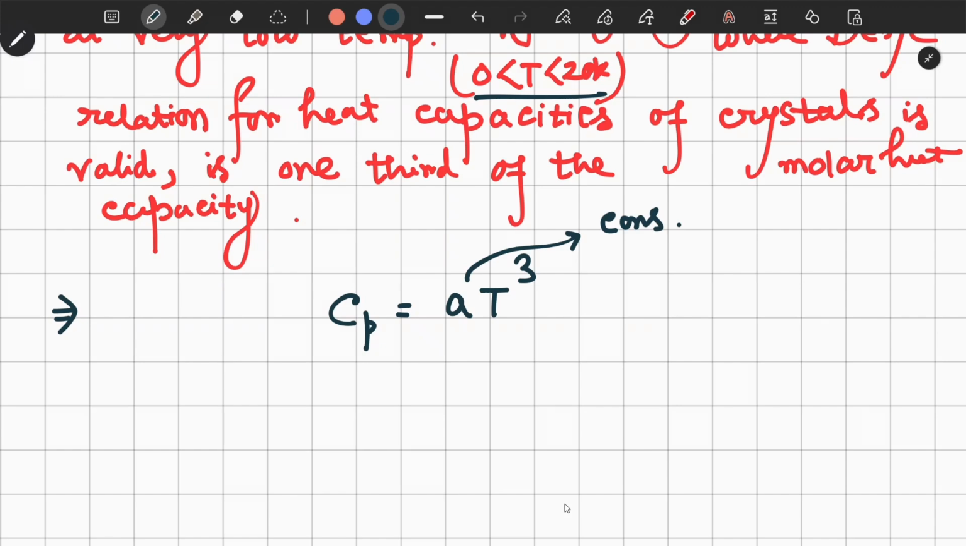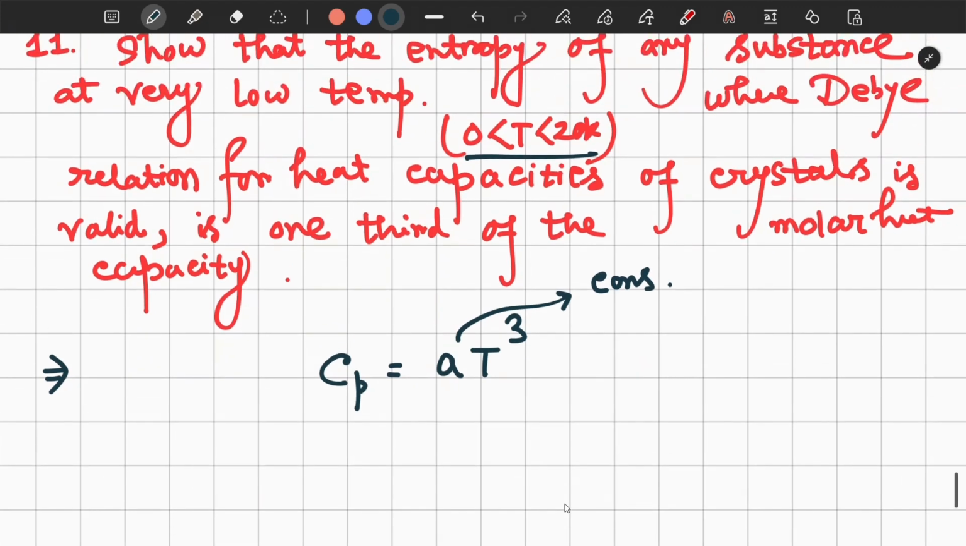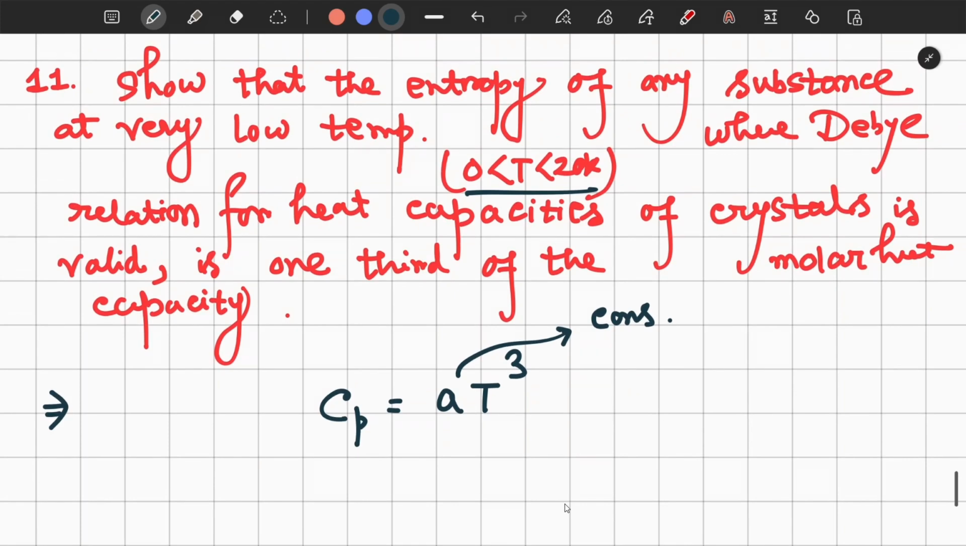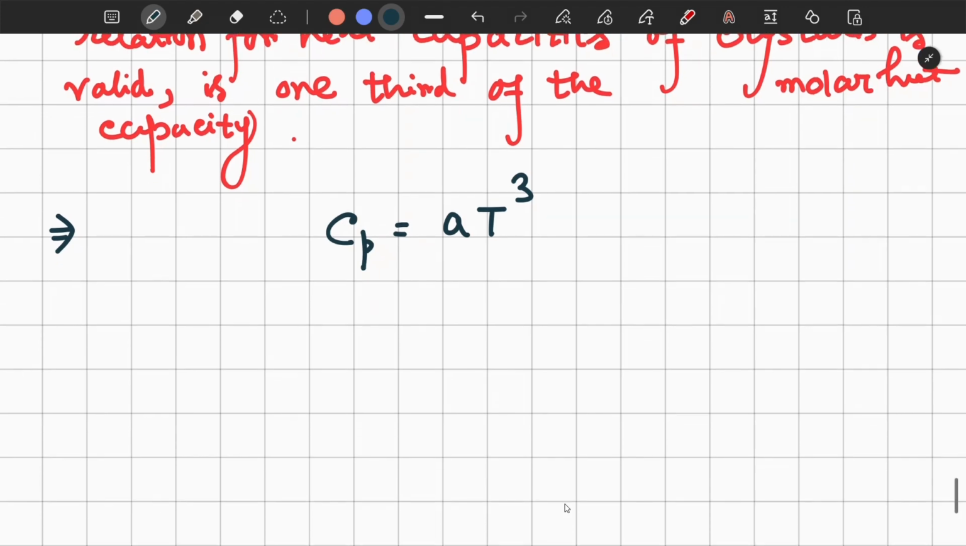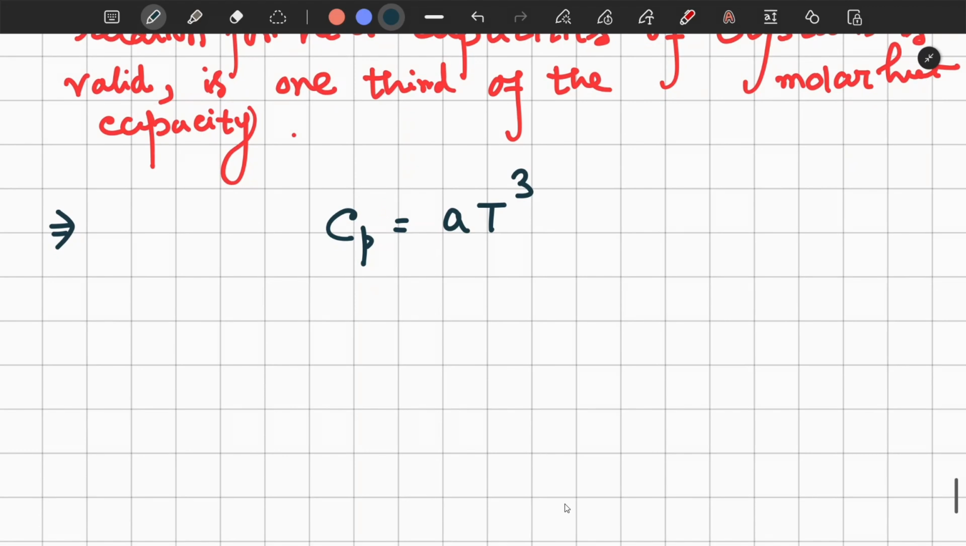Why Cp? Because we are now considering the solid. So that's why it is Cp. It's T to the power cube. If it is Cv, then also it's not important. Then A will be changed to another constant. Both Cp and Cv will be a function of T to the power 3. So now, if this is the case,